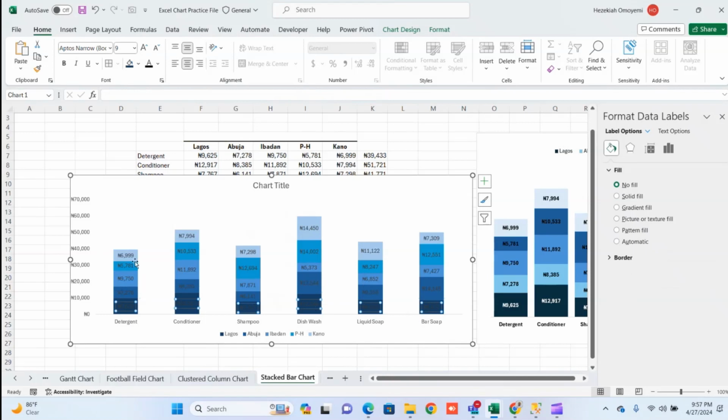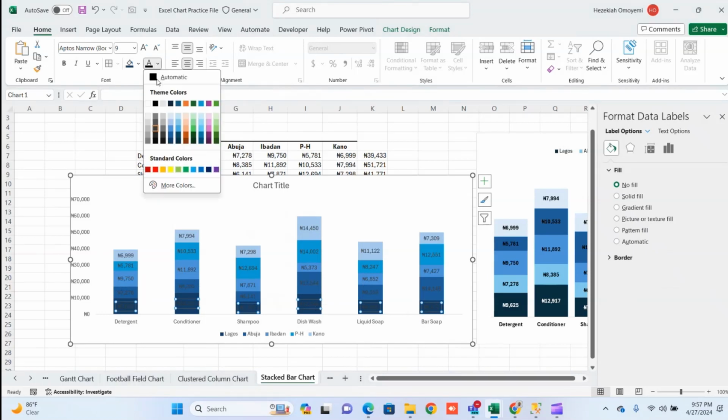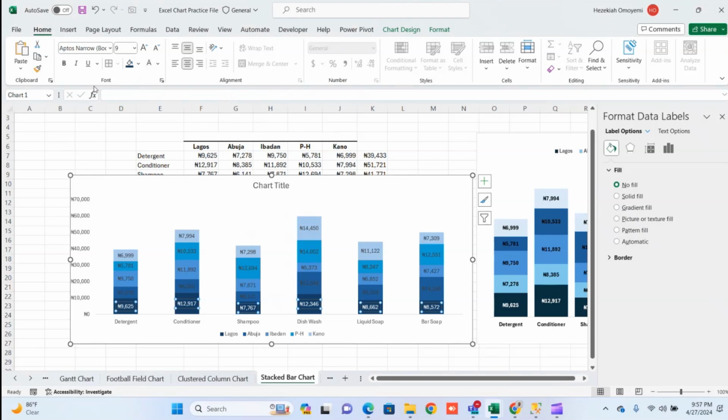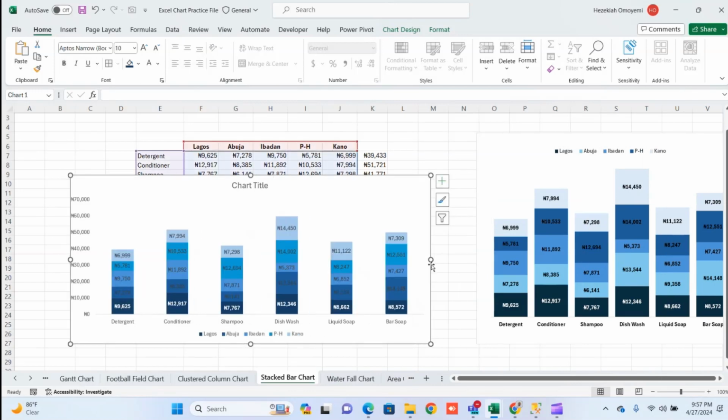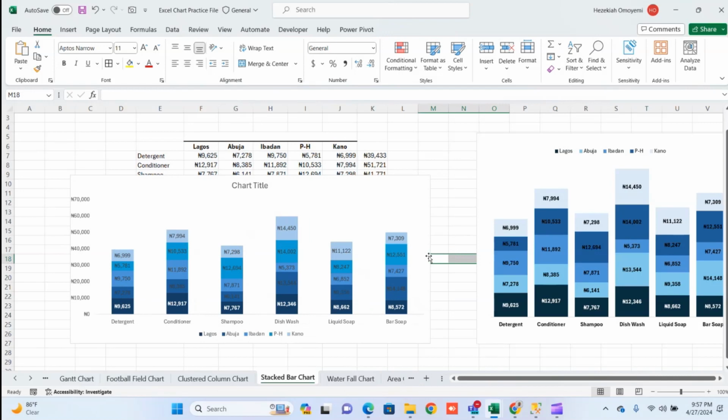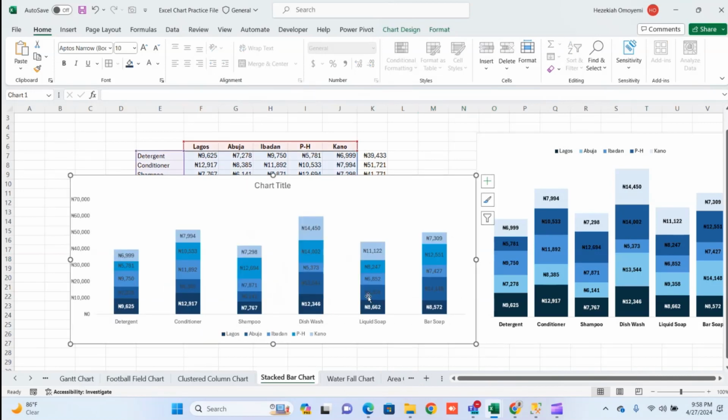Then the one that looks darker, come here and put them right, and all of this. Let's get rid of this,